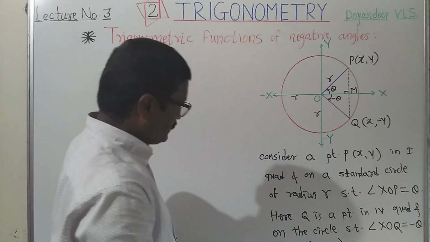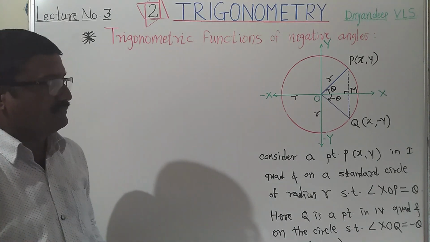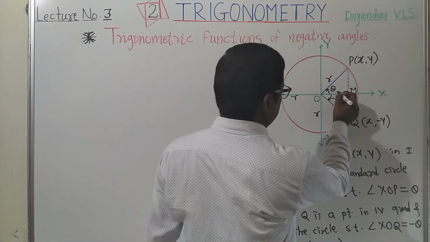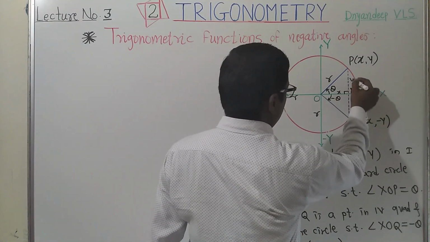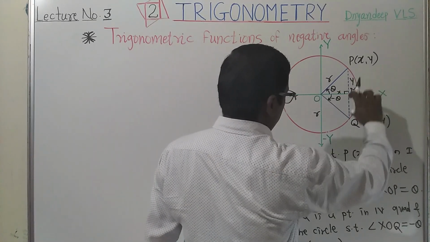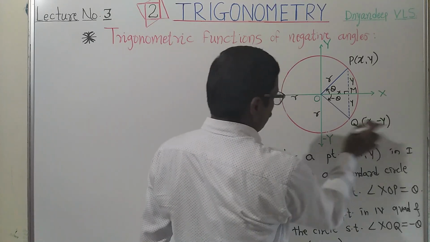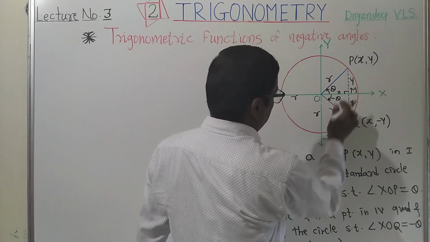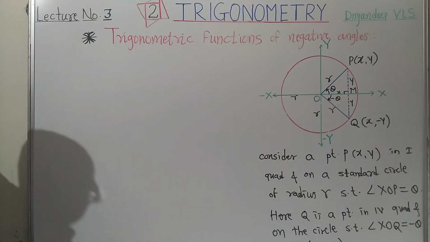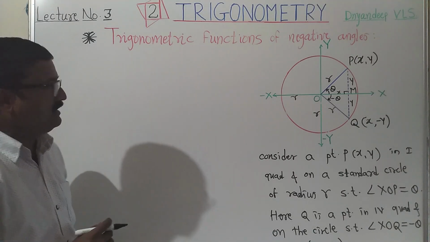Okay. Now let us write the trigonometric functions, and for that we require these values. OM is equal to x, PM is equal to y, and this OP is equal to r. As this is equal to y, this is also y, but as a coordinate it is minus y. This one is the radius of the circle and this is x. So let us write now the trigonometric functions using the formulas in terms of x, y and r.